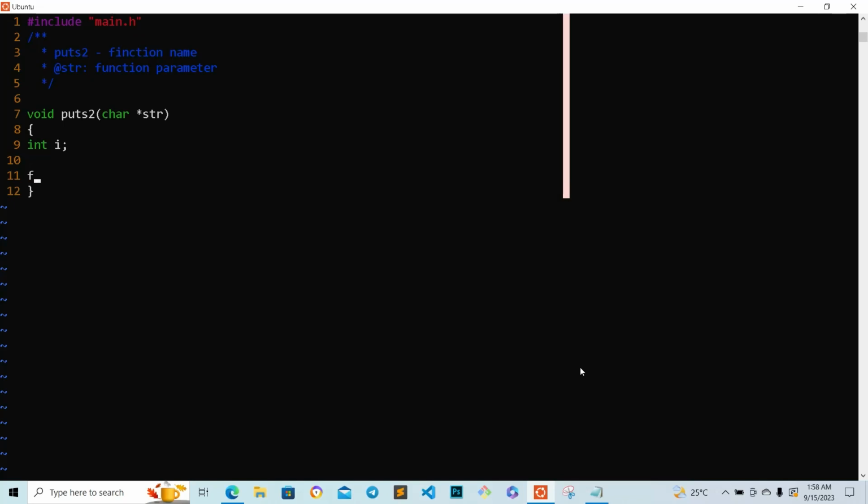Okay, let's give Betty the space, and i is equal to 0, and str[i] is not equal to the null byte, then i plus plus. Okay,